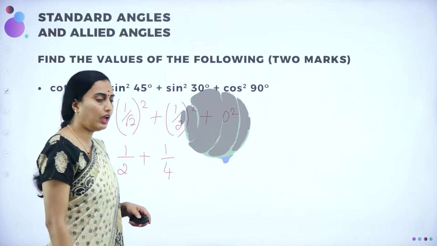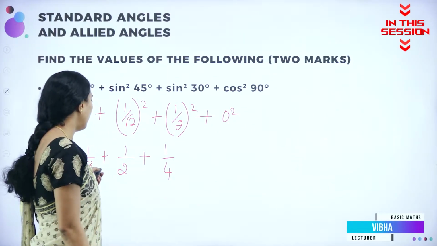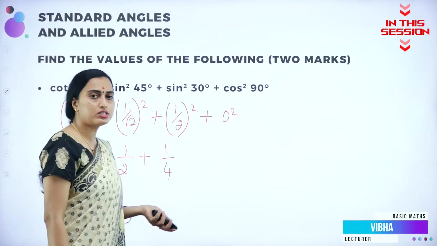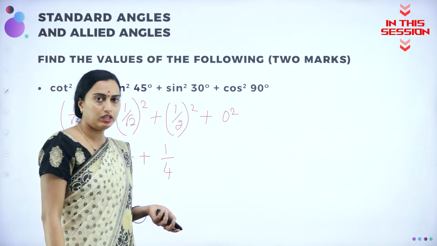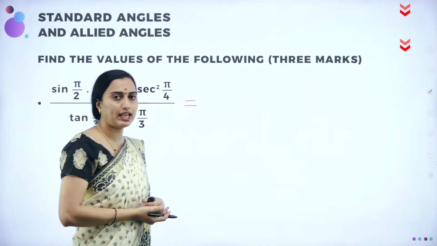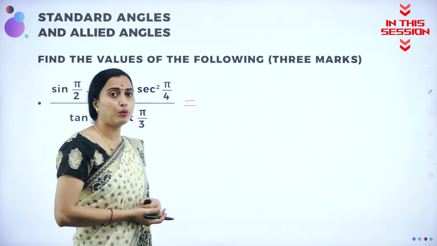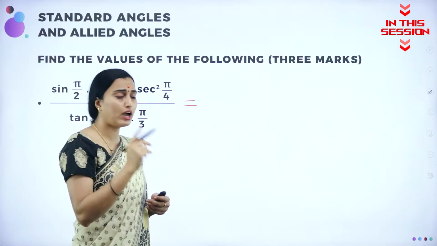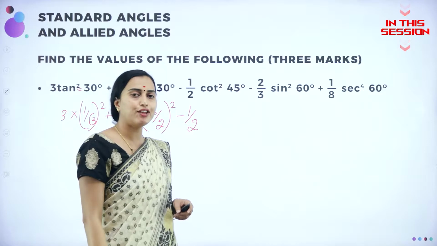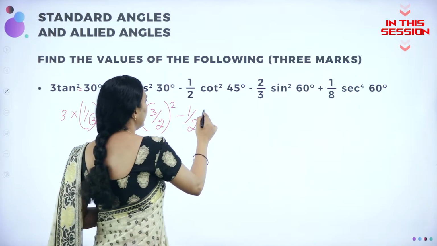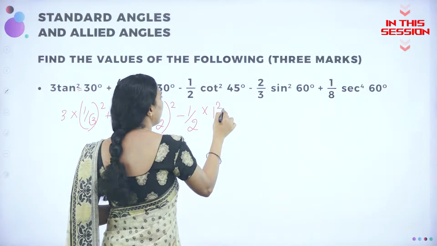So you are going to have the LCM will be equal to, you can take it as 3 2s are 6, 6 4s are 24. Sin pi by 2 means sin 90 degree. You know already sin 90 degree gives you the value 1. Cot 45 degrees, tan 45 degrees 1. 1 by 1 is 1 only. Cot 45 degrees 1 into 1 square.